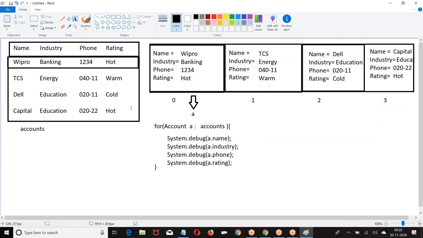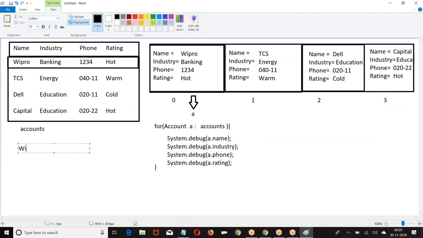This is how we have given. Then A dot name. What is A dot name? A dot industry, A dot phone, A dot rating. Done. All the statements are done.